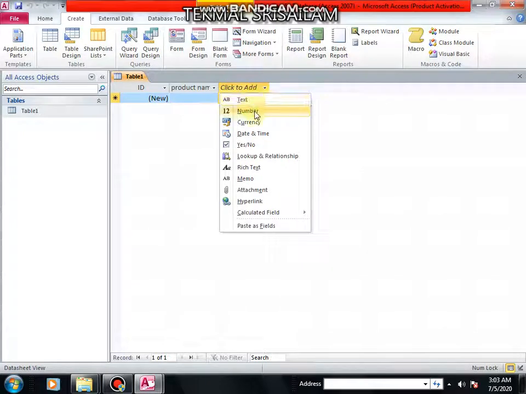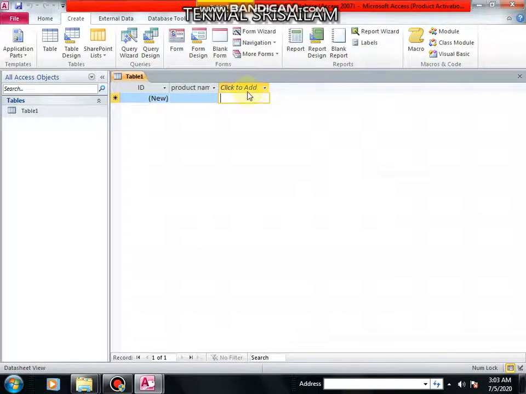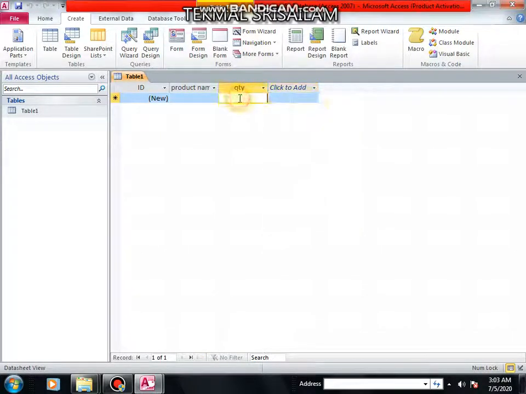Next, the data type of the next field, I am going to choose number because I am going to input a number for quantity. When I select number, quantity would be my title, so that I'll input the number in this column.